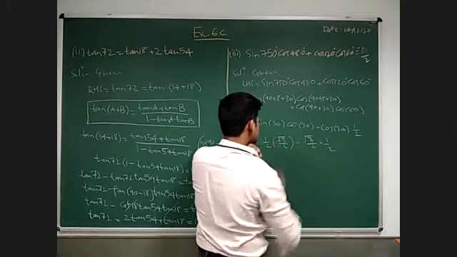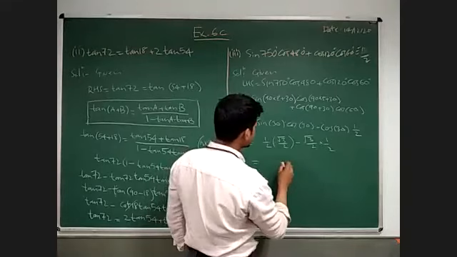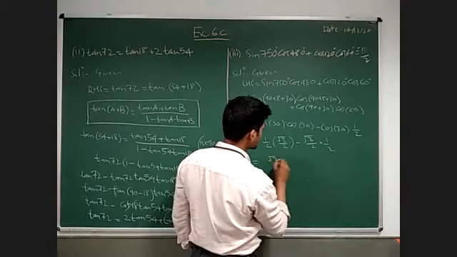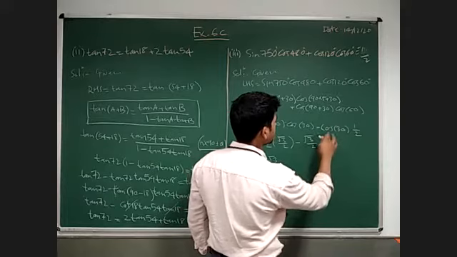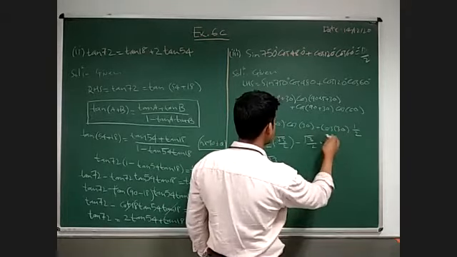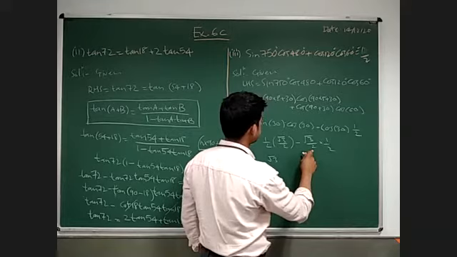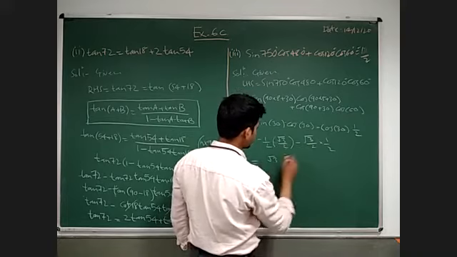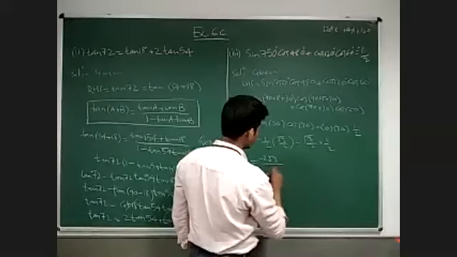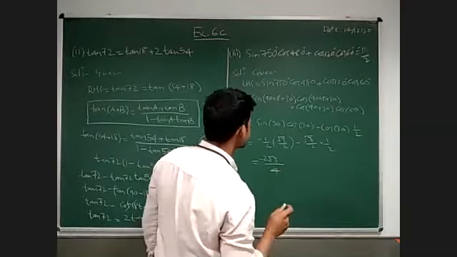Okay, just taking common here, so this will be root 3 by 2 cos 30. Okay, so 2 times root 3 here 4. I'm making a mistake somewhere. Let me check.